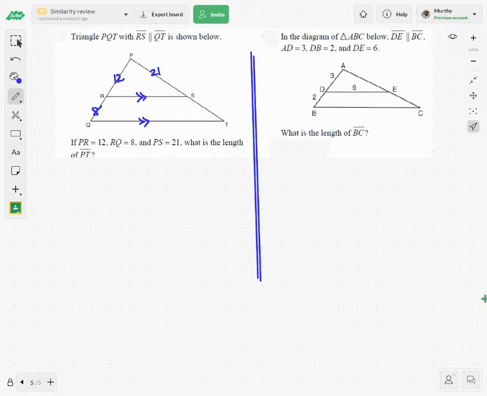Where is PT? Oh, so here is the whole length. So PT is, I see that P is here and T is here. So what is the length of PT? That's the question. Okay. Now,